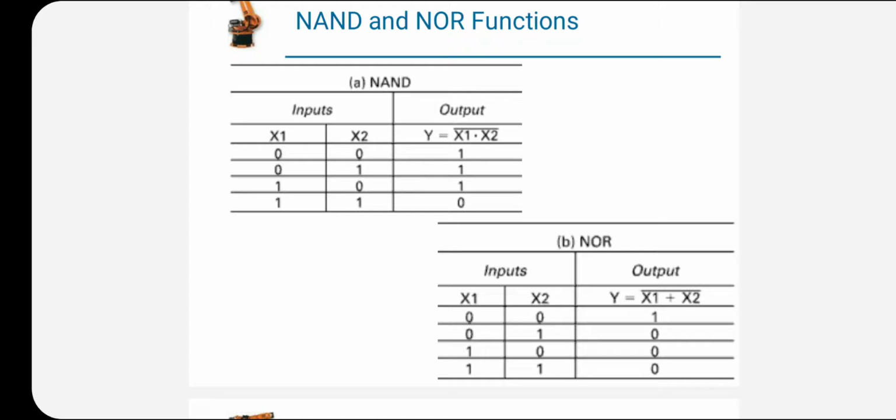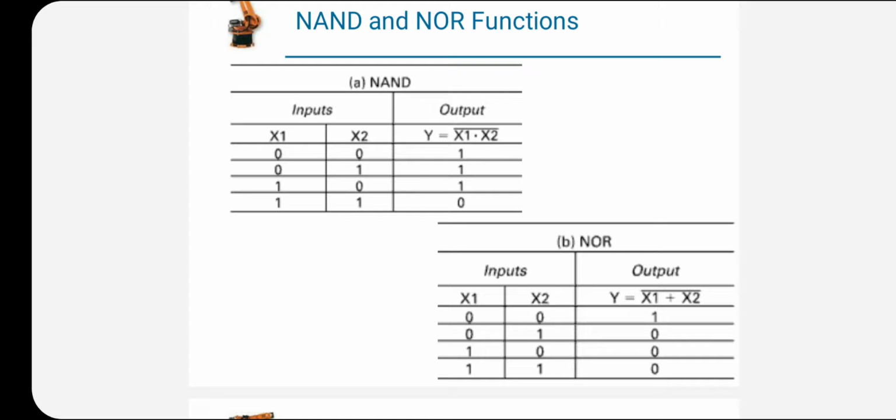And the last is x1 is 1, x2 is 1. So AND result is 1. So reverse of that 1 is 0. So NAND result is y equal to 0. Okay, NAND is the opposite of AND function. You find the values of AND function and you will get the reverse result of that, that is a NAND function. If 1 is there in AND, you take 0, and if 0 is there, you take 1 in case of NAND.